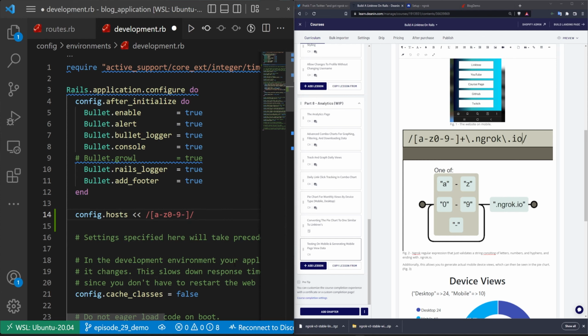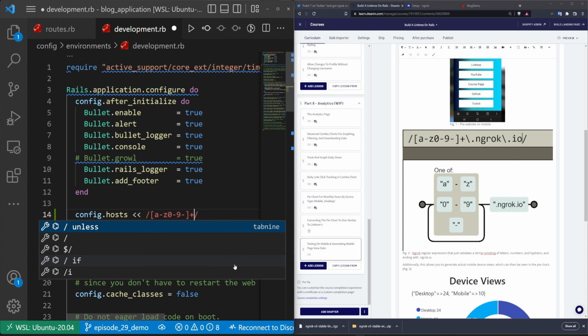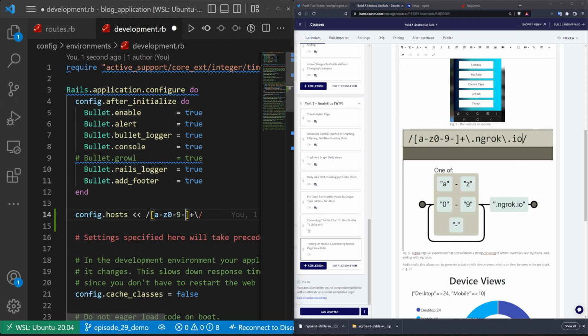We then pass in a dash, we do a plus, and then we do a slash. The reason why we have this last dash is because it can also just quite literally be this dash. Because if we were to look at our Ngrok, we would see that it was like 4 letters or characters and then a dash. So after the plus here, we do the slash dot ngrok, because the slash just tells us that we're literally allowing the period character. And then we have to do another slash dot io, and this gives us our completed